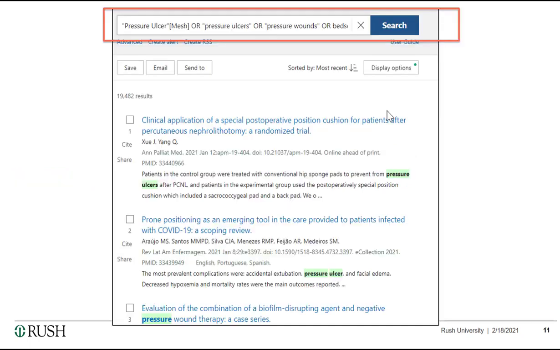Remember that a comprehensive search strategy includes both MeSH terms and keywords, as you can see in this example. It's important to also include keywords for several reasons. First of all, it can take up to 6 months for MeSH terms to be applied. So if you search using only MeSH terms, you will miss the most recent articles. Also, it is possible that the indexers missed applying the appropriate MeSH term.